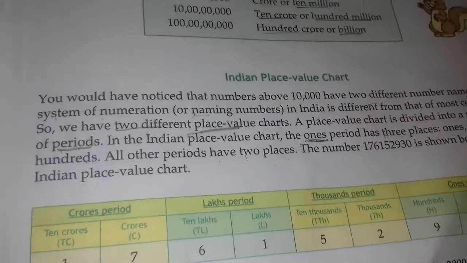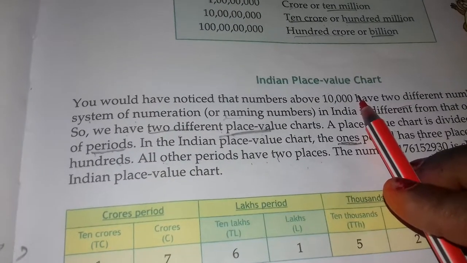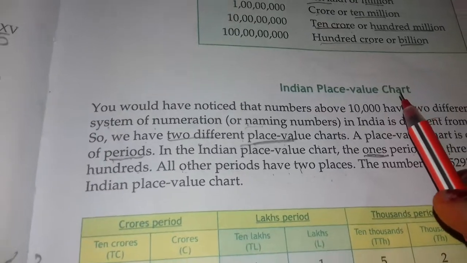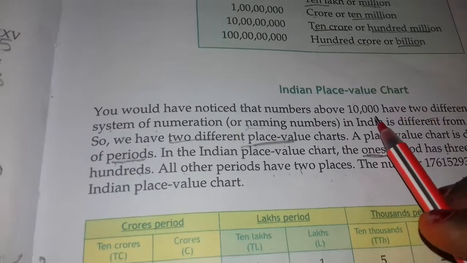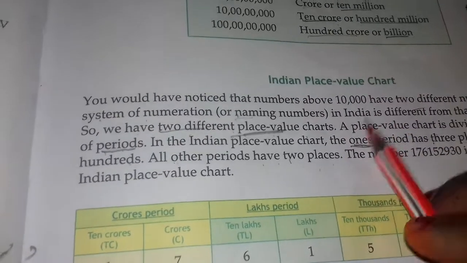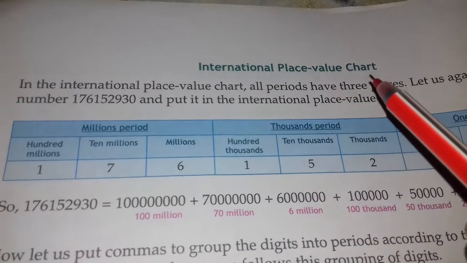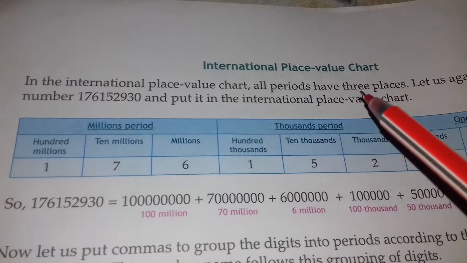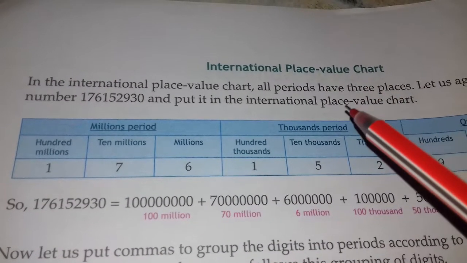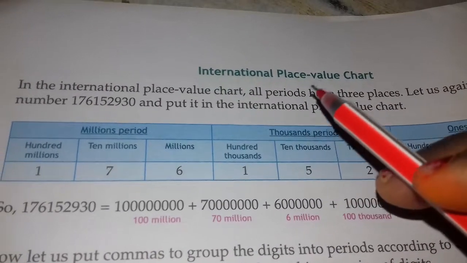So in this video we have learned about the Indian number system, the Indian place value chart, how to write the digits in the Indian place value chart, how to write large numbers according to this system, and how to read them. In my next video we will discuss the international number system. In that we will learn what the international place value chart is, how the periods are arranged in it, how the digits are arranged in those periods, and how to read and write numbers according to the international place value chart.